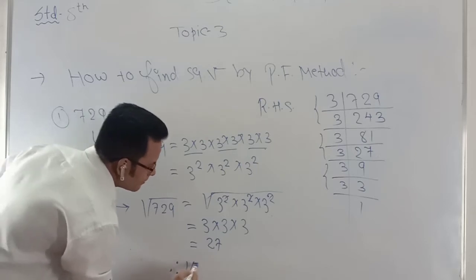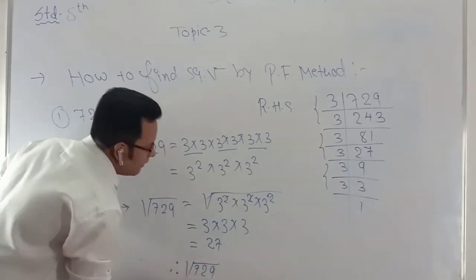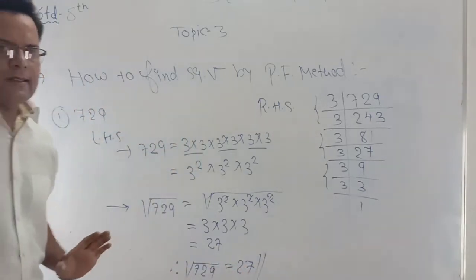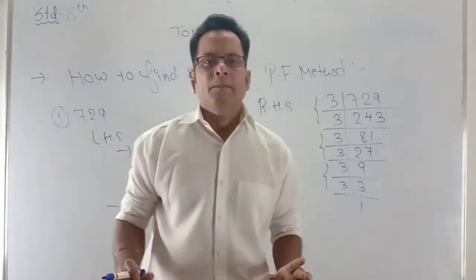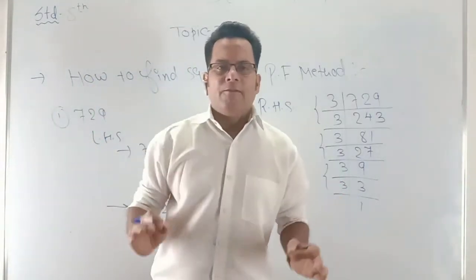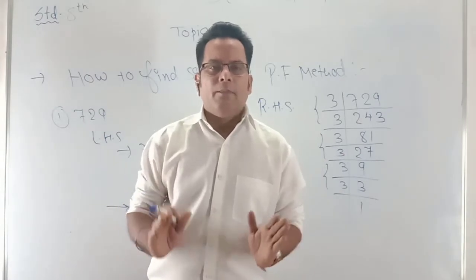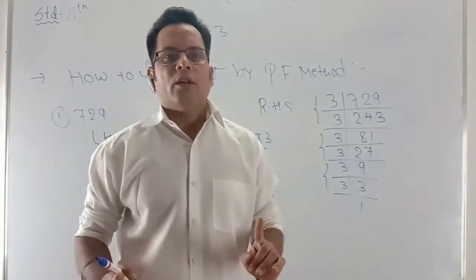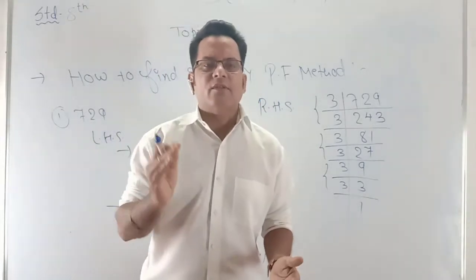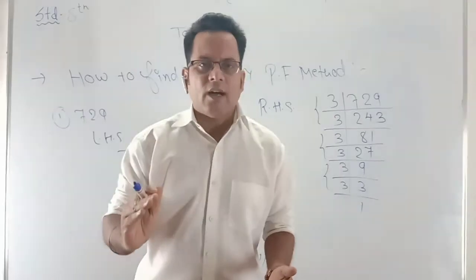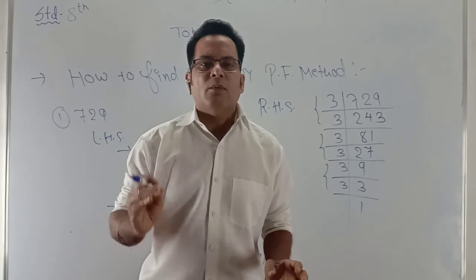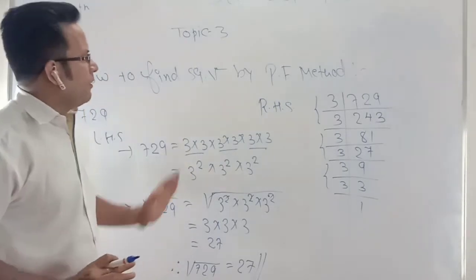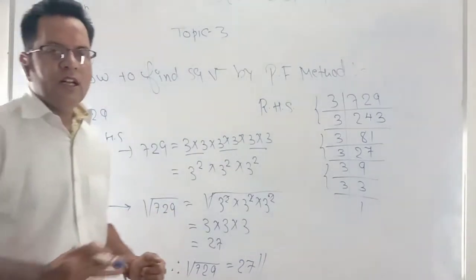Therefore, square root of 729 will be 27. So this is the way with which you can find the square root of any number with the help of the prime factorization method. Which are the things to be kept in mind? First of all, here you are going to use prime numbers. You have to start making the factors with the help of smaller numbers like 2, 3, 5 and so on. Right? So this is our first pattern, prime factorization method. Just take a look.